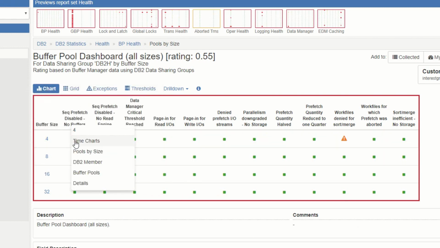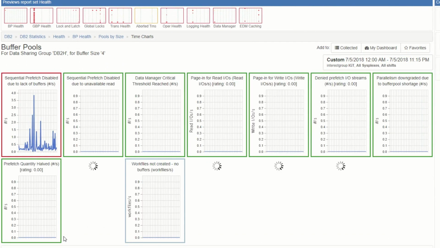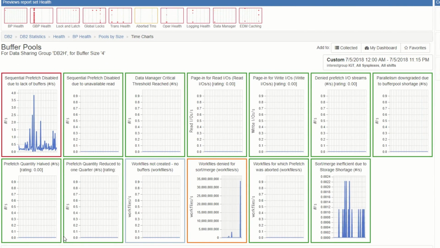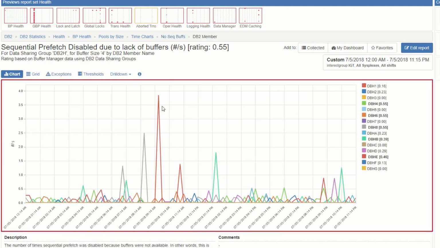And so we can drill further then and see a set of mini charts for all the metrics on the dashboard, where exceptions and warnings are highlighted with red and yellow borders, and we can compare various metrics at a glance. So let's select this first time chart and zoom in on the frequency this is occurring over this selected time interval. And then we can drill down further into the data sharing group and see which DB2 members are experiencing this. So here we see one of the members experiencing this,